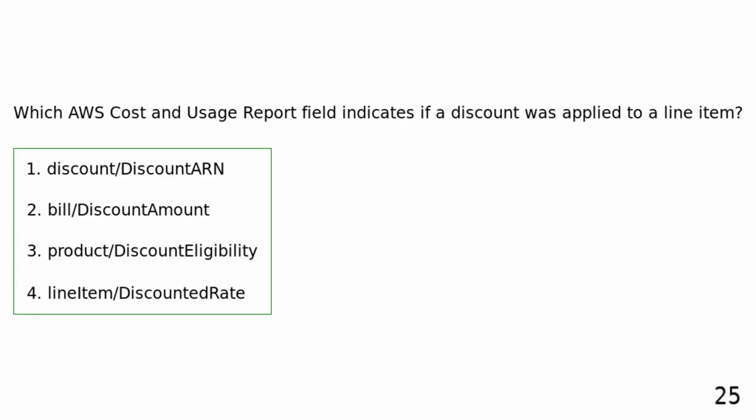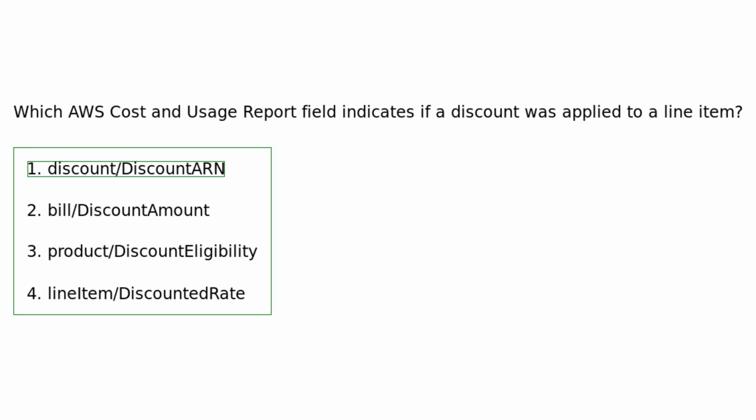Which AWS cost and usage report field indicates if a discount was applied to a line item? Discount/discount ARN. Bill/discount amount. Product/discount eligibility. Line item/discounted rate. The discount/discount ARN field, when present, indicates that a specific discount has been applied to the line item, identified by